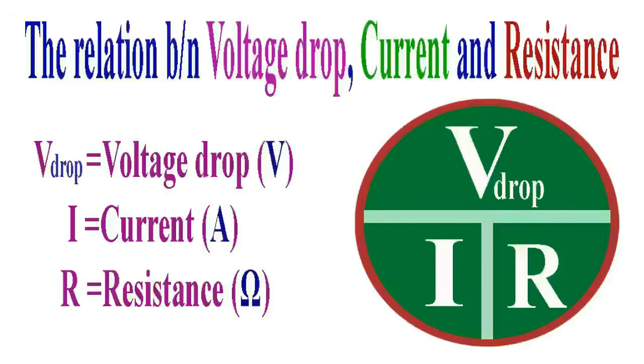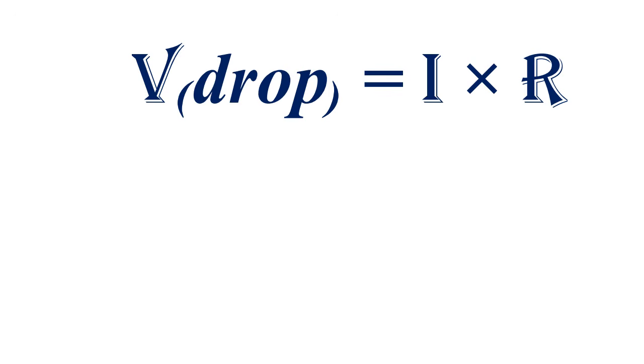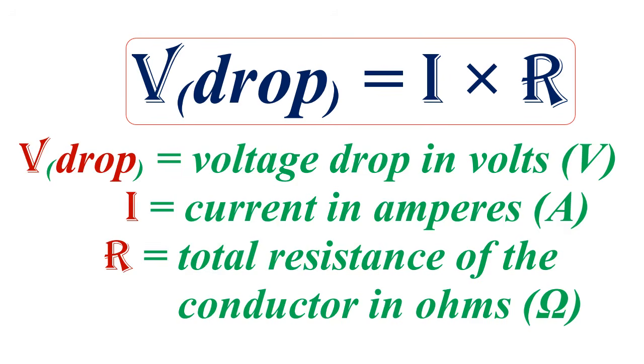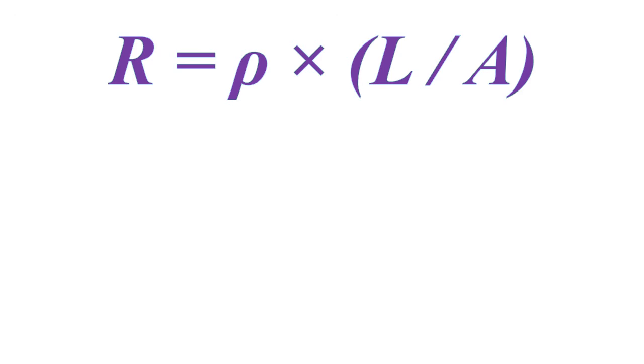Finally, the voltage drop formula. It's critical for long cable runs. Voltage drop is a reduction in voltage as electric current flows through a conductor. It happens because conductors have resistance, and some electrical energy is lost as heat along the way. So the basic formula is V drop equals I multiplied by R, where V drop is the voltage drop in volts, I is the current in amperes, and R is the total resistance of the conductor in ohms. For conductors, R can be calculated as R equals rho multiplied by L over A,